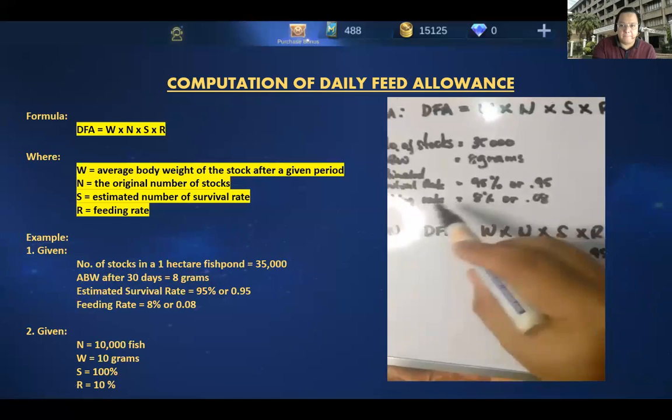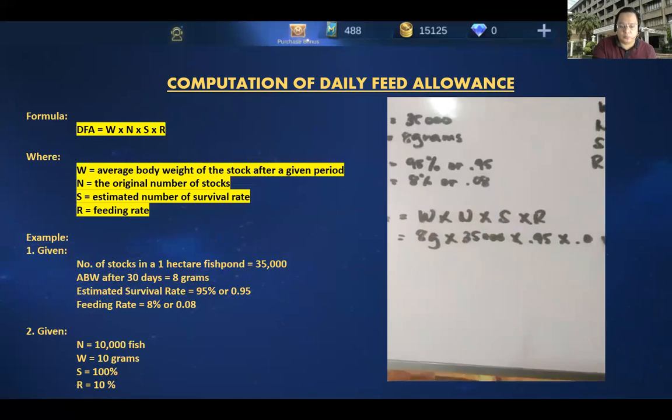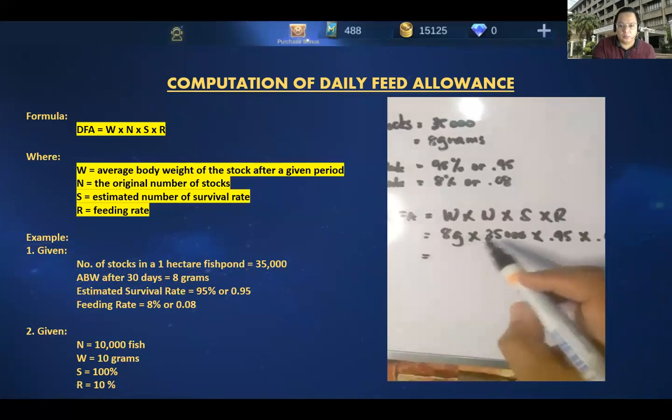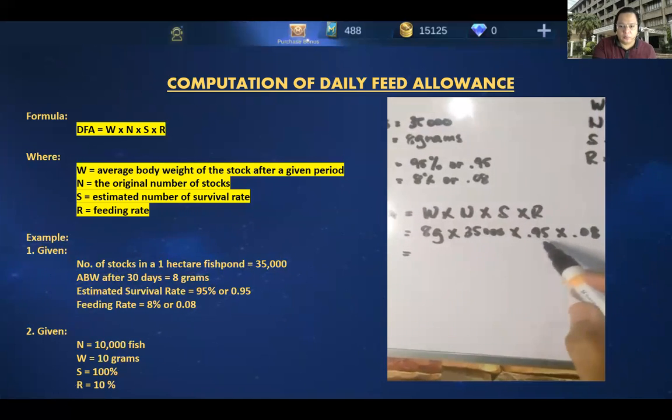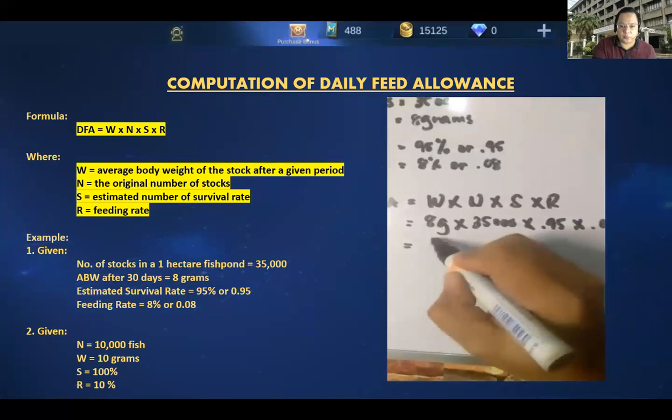And our feeding rate is 8%. Convert that into decimal point, so that is 0.08. So multiply 8 times 35,000 times 0.95 times 0.08. Our answer is